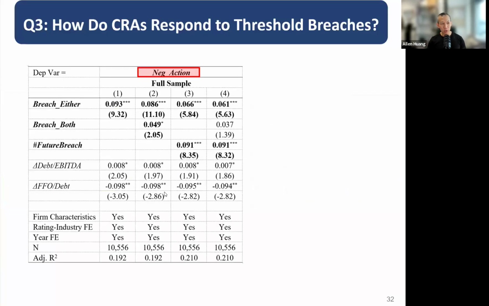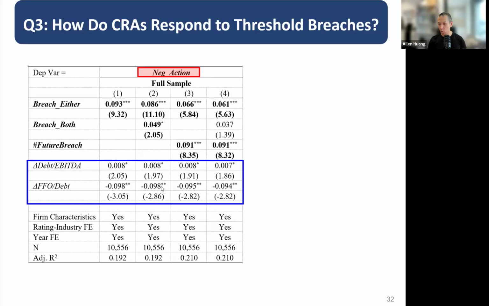So we run a regression here where we control for the firm characteristics, we control for the rating industry fixed effects, we control for year fixed effects, and also importantly, we control for the change in the two core ratios itself. So basically over here, we are looking at a threshold effect. Controlling for how much change there is in the two core ratios,